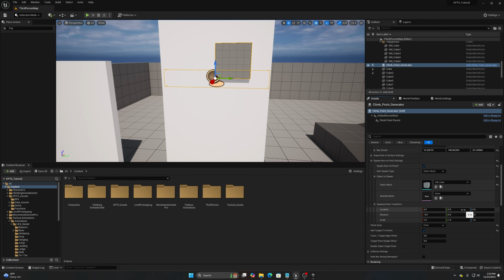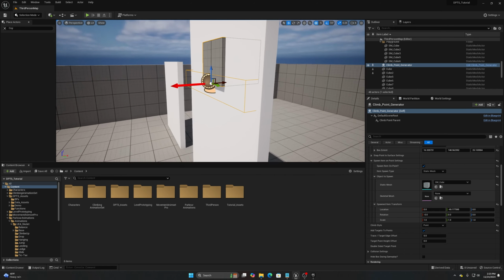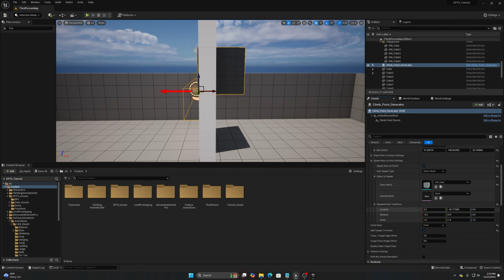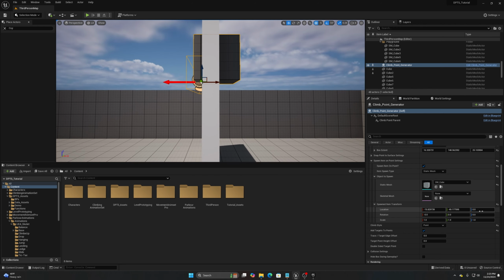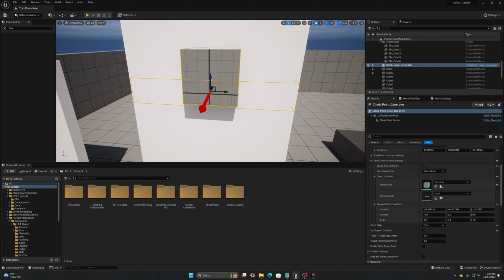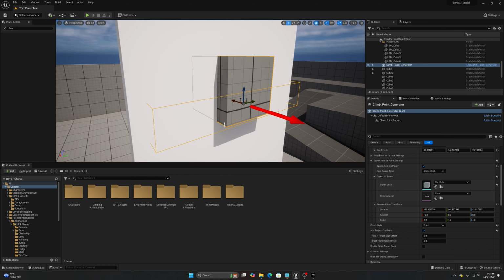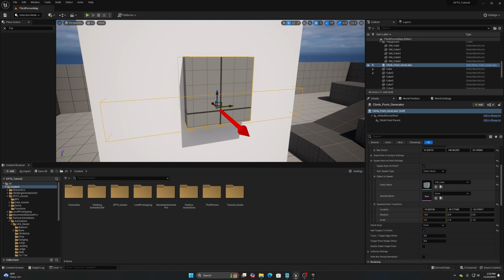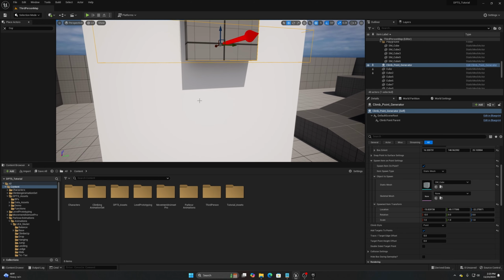So we're going to take the location, and we're going to move it over. Let's see, we need to move it up a little bit. Yeah, so we'll move it a little bit forward on the X value, and then we'll go ahead and move it down on the Z value. Now, the one thing to remember, at least with this type of object, is that the origin is down at the bottom here. So if we align the bottom of this to the Z value here, just like that,